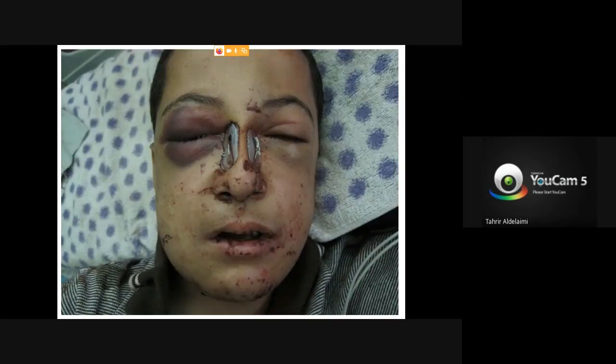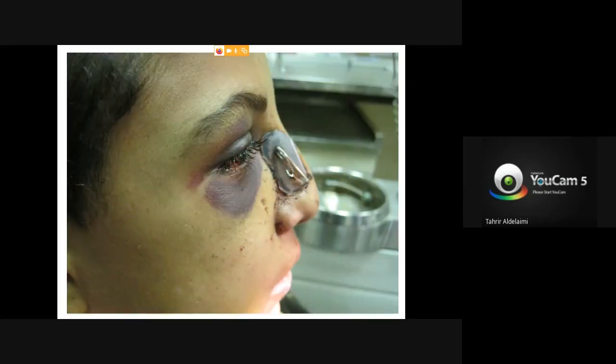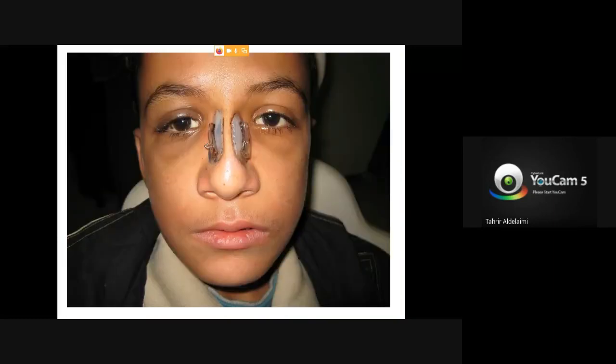Now after 2 days the patient in the ward starts the process of healing with the proper medications. At the end of the first week we can see the amount of resolution of the oedema and the hematoma. The patient can open his eyes much more comfortably with the resolution and dissolving of the hematoma. This is the lateral profile of the patient, showing the same evidence. Now, at the end of 2 weeks, there is an almost completely normal profile and front view of the patient,